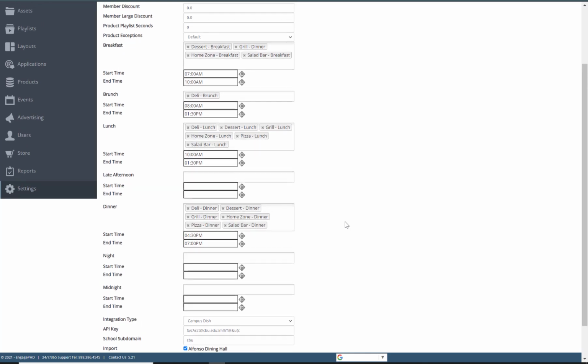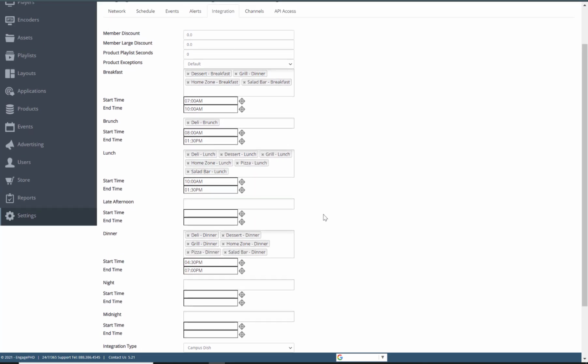Once your integration is active, you'll start importing products into the product library. Now, part of that import is usually a category. If you're in any way automating the process of adding the products to your layout design side of things, if there is any day parting schedule like breakfast, brunch, lunch, late afternoon, dinner, late night, etc., this is where those